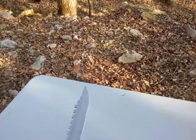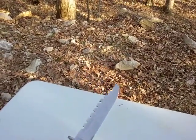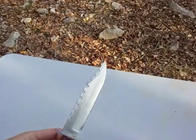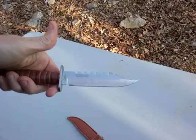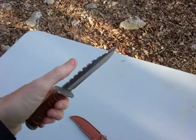But once again, I've had this for a few years. I think I spent roughly around $5. I'm not for sure. It was between $4 and $6. I know that for sure, but it was around $5. It was just kind of an impulse buy, and I kind of forgot about it. But yeah, it's a kind of modified, I don't know, clip point with this scalloped area, which I